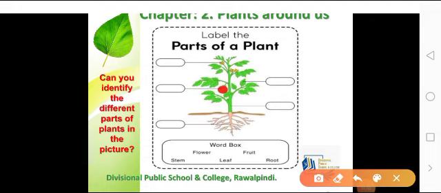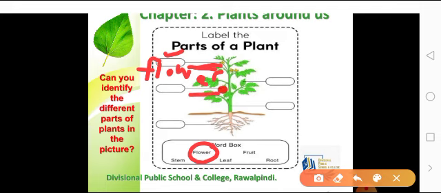So students, this is the first part, this one. Tell me which part is this. It's a beautiful flower. You can see I have put a line to show you which part of the plant this is. In the word bank, I have circled the word flower. Flower is a very basic part of the plant. Here you will write flower in this blank. Oh, I cannot write properly, but you will write it properly.